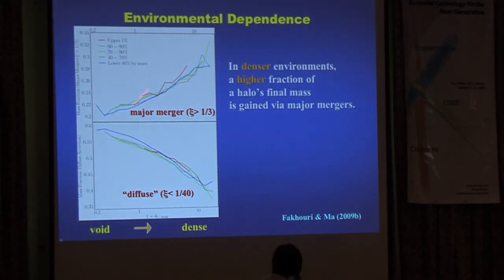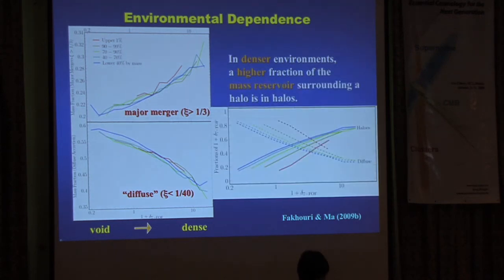Okay. So the way to resolve these two opposite trends is to note that the diffuse accretion, if you read the y-axis, is a huge fraction of a final halo's mass, from 40 to 55, 60%, that's coming from this unresolved component. And since this part has the opposite dependence, when you add up the two, and when you look at a halo's formation redshift, it comes out consistently.